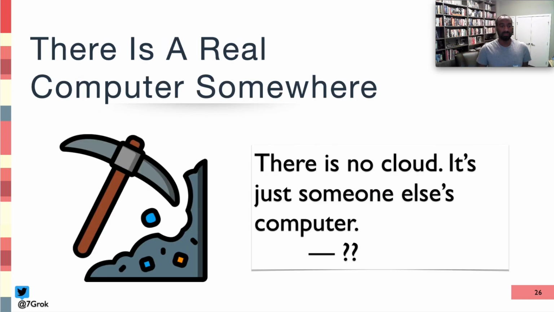And, we've talked about this before, but there is a real computer somewhere, right? And as the old saying goes, well, old in cloud terms, there is no cloud. It's just someone else's computer. For the life of me, I couldn't find the origins of this. If anybody knows, please reach out on Twitter. When you dig all the way down, you realize that there is a computer. And another layer of abstraction will not eliminate the physical limits of this computer. Out of sight doesn't mean out of mind. Out of sight simply means that's where it's gonna fail.